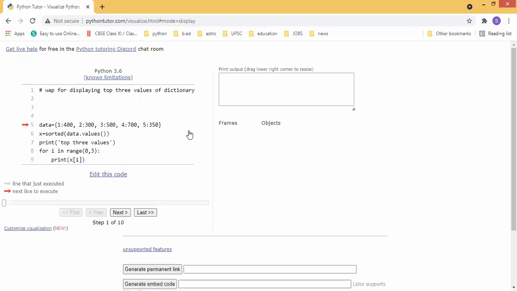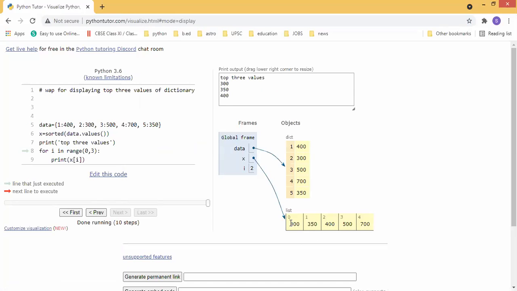See, if I delete that one and process everything, the list is this one. And again, you see the output, it accessed only the first three items. So the answer is wrong. I need the top three values, that is, from the end.